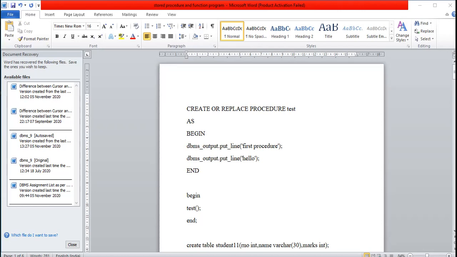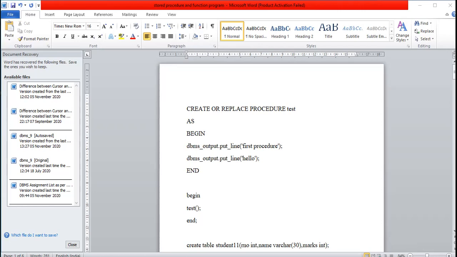Whenever we are creating a procedure, we cannot return any value from that procedure. But whenever we are creating a function, we have the facility to return some value or the particular output from the function. In a procedure we use DML queries, which are update, select, insert.